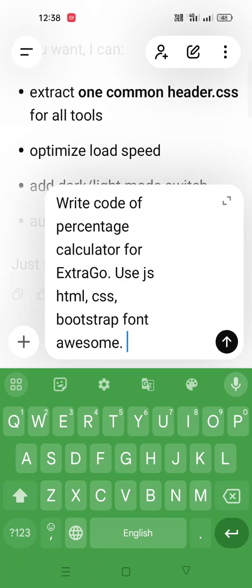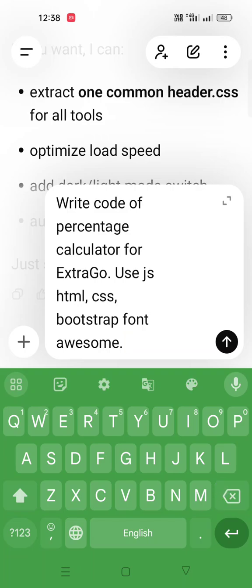So let's write the prompt again a little bit. I need to increase the prompt. Write code of percentage calculator for Extrago.